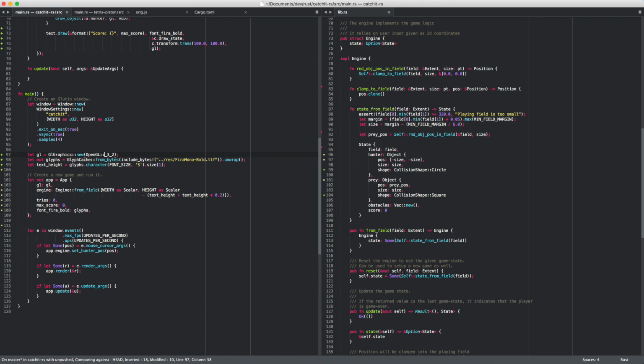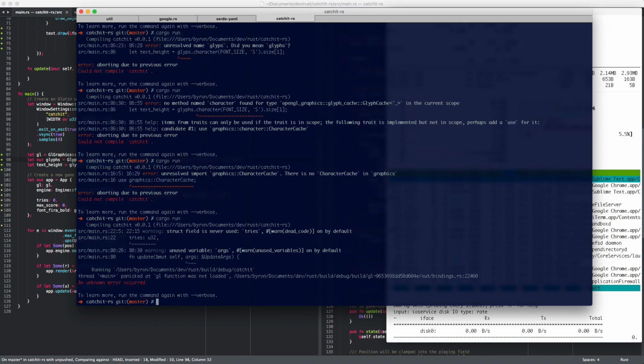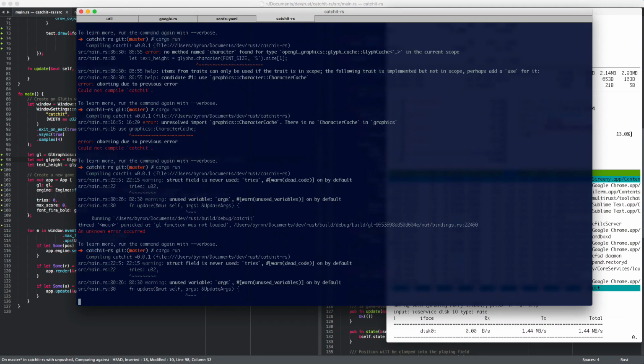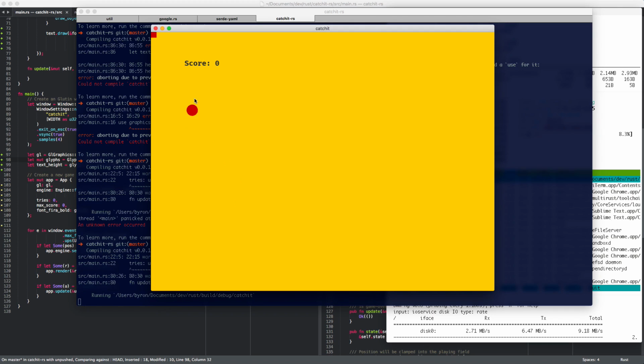Interesting that under the hood, they kind of use some global state, because otherwise this guy wouldn't freak out, huh? Because if he needs GL stuff, he would need to be initialized with some GL thing or something. Maybe it works now. Yes. Cool. So now the play size, the field size is a bit smaller. We don't even see that. We could